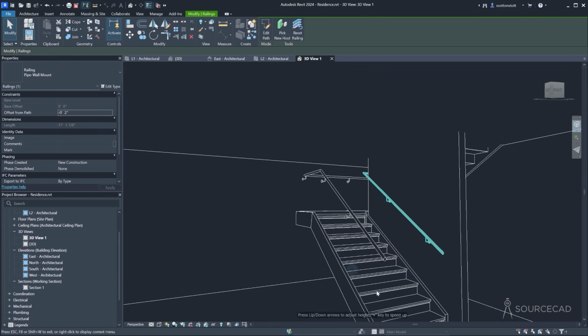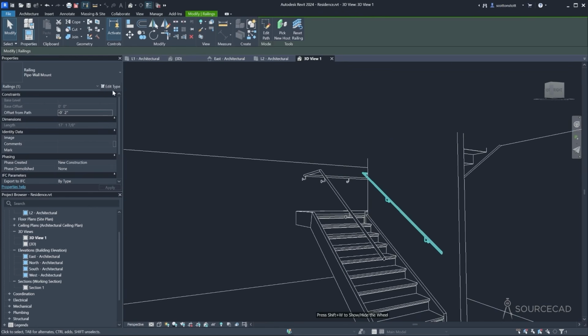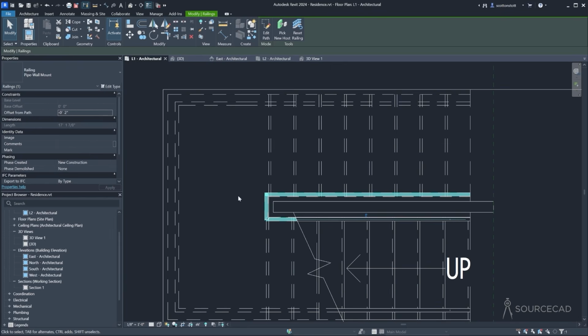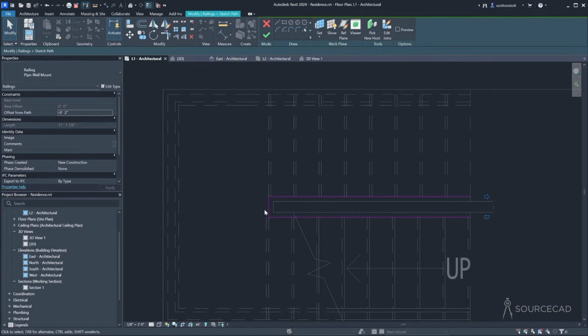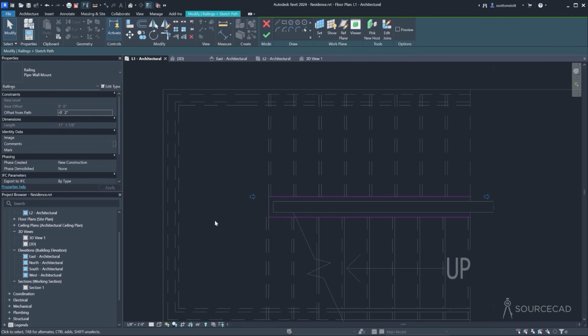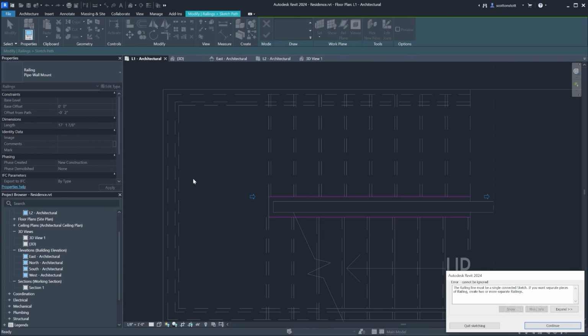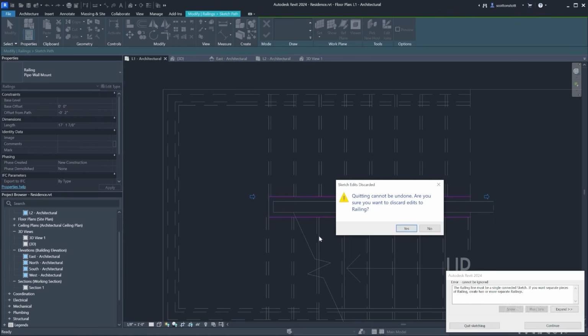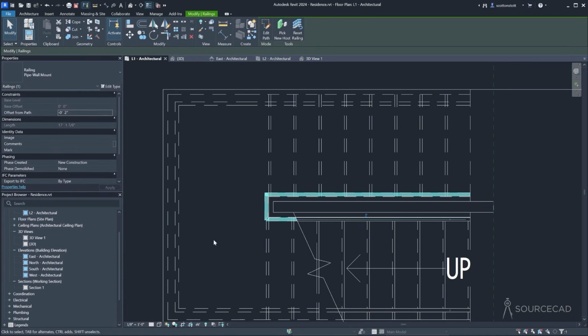So to fix that railing, I'm going to look in level 1. And with the railing selected, I can edit the path. And so this is the path. I don't want to have a railing going around the corner, so I'm going to select that vertical line and get rid of it. Okay. And it's going to tell me that it can't do it because it has to be a continuous single sketch. Quit sketching. Yes, discard. So what I really need is two railings, two separate railings that each go up their